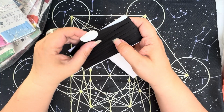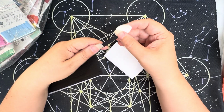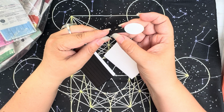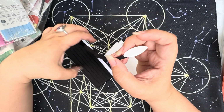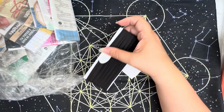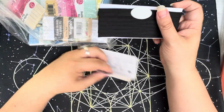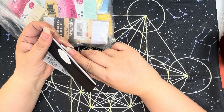There's an end under there. Oh, here it is. Yeah. Nice. Very, very nice. And all of that, what did I say, $4? Yeah, $4. Pretty good. Now my big buy of the day, and I can't get it in camera because it's